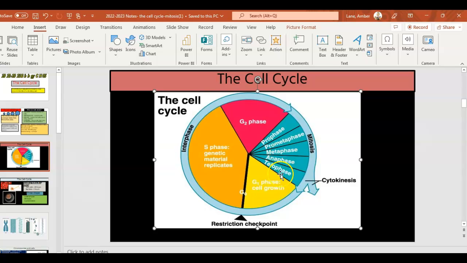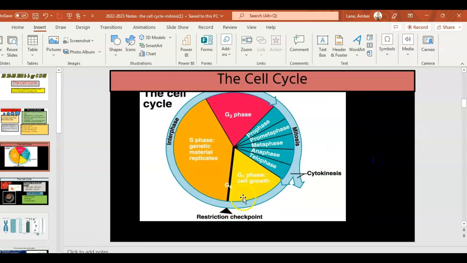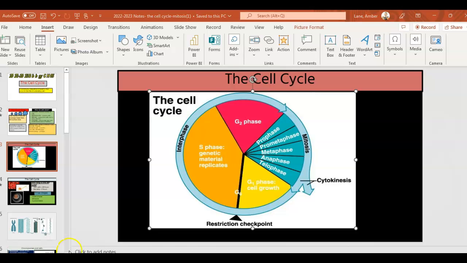The cell cycle has three major stages. You've got your interphase right here. You've got interphase, you have mitosis, and you have what we call cytokinesis. So we're going to look at each of those. We're going to draw a few